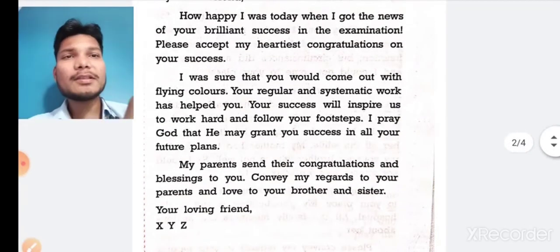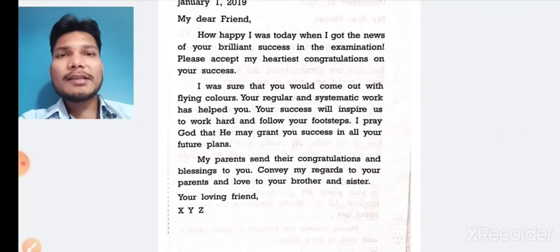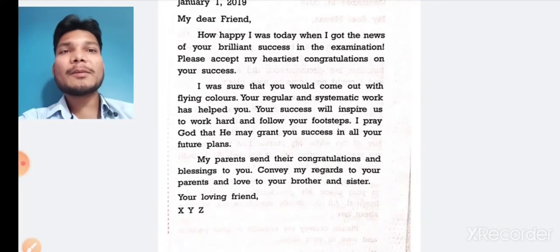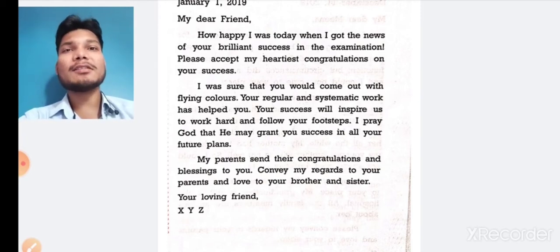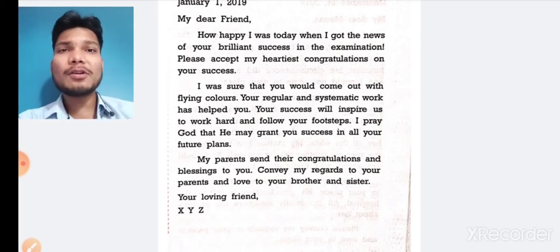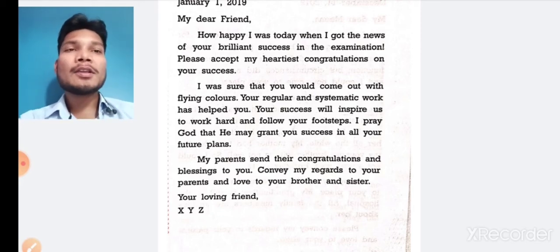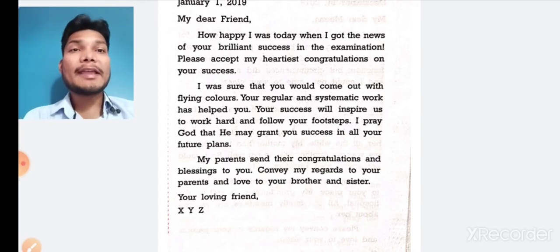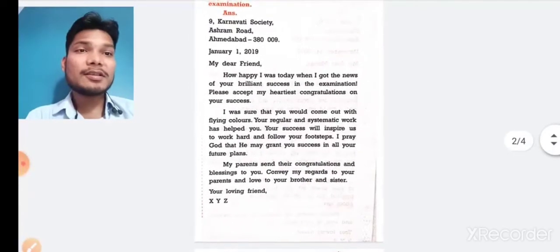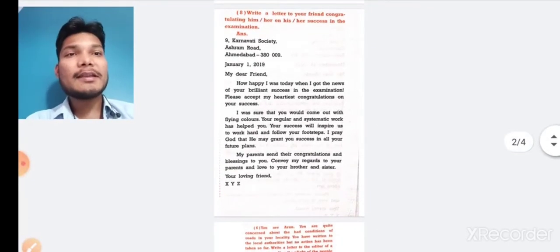So see, very simple things are written here. For which purpose you are writing, that only has been discussed in this letter. The purpose is just congratulating our friend, and that thing only has been mentioned. Don't write too many things in your letters, like what are you doing, are you happy or not, or whatever you are writing. Okay, that is not necessary to write at all. Just mention the important things in your letter and keep the length of the letter along with the structure at least one page. Here you can see that in one page it has been covered.